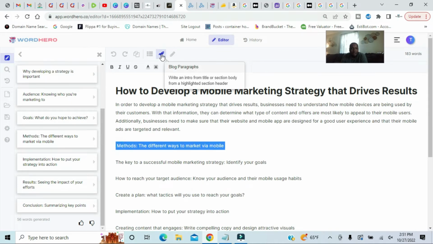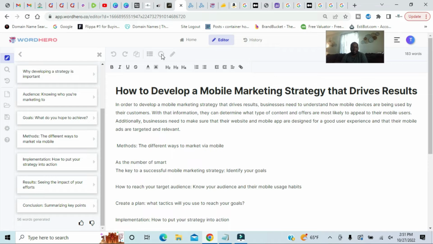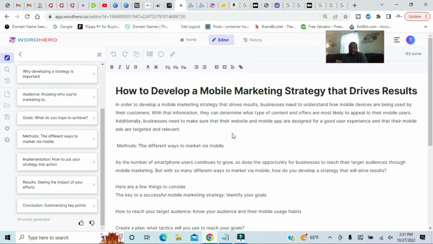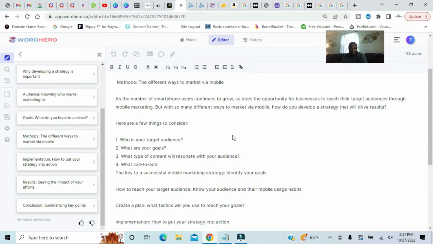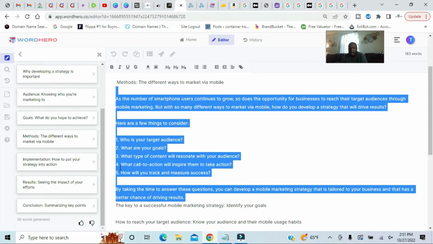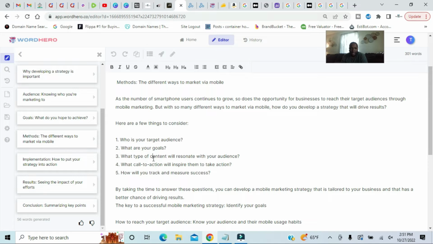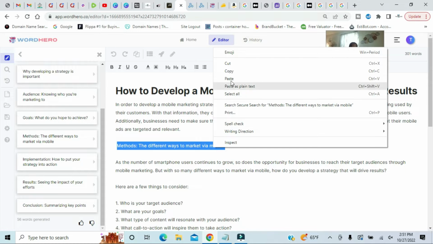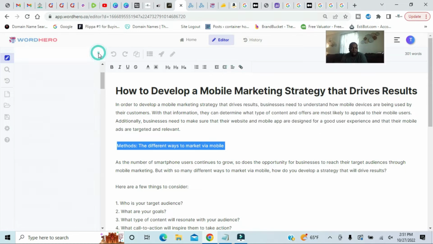highlight here, hit the little rocket button, and start writing. And here's one tip. I'm gonna take some tips on writing content and stuff like that. So sometimes Wordhero like the word listicles, like right now. This is a listicle. 1, 2, 3, 4, 5. Sometimes that's fine. Sometimes I don't like it. Okay. If you don't want a listicle, because if I would delete this and do it again, it might do the same thing. So sometimes what I do is I come here, I go to blog paragraph,